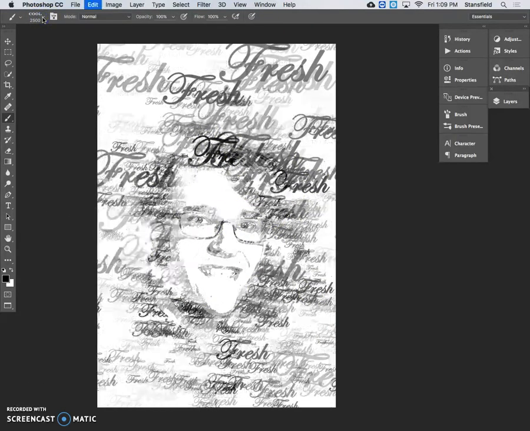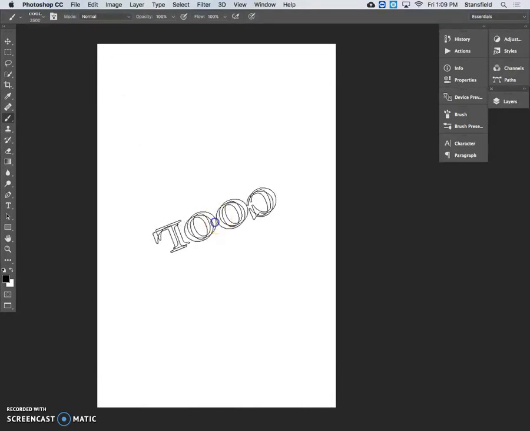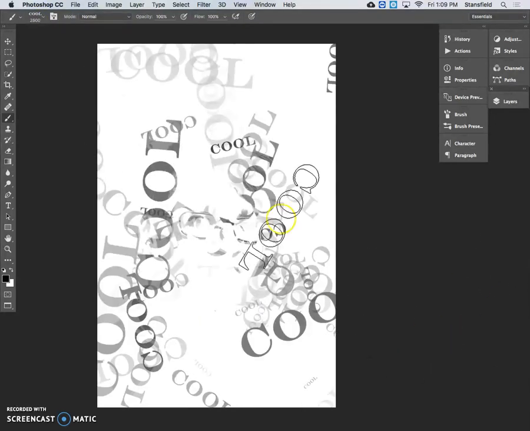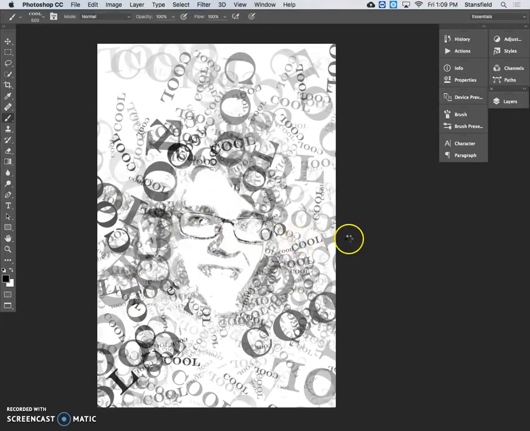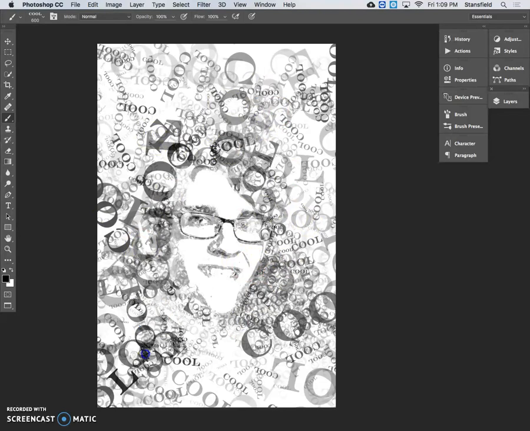So let's back up here and I'll show you a little bit more of what that might look like. So there, the cool gets a little bit varied with the angle jitter. So you could add that in if you wanted to. The thing is you do have to click and drag through there. That's how you're going to create your